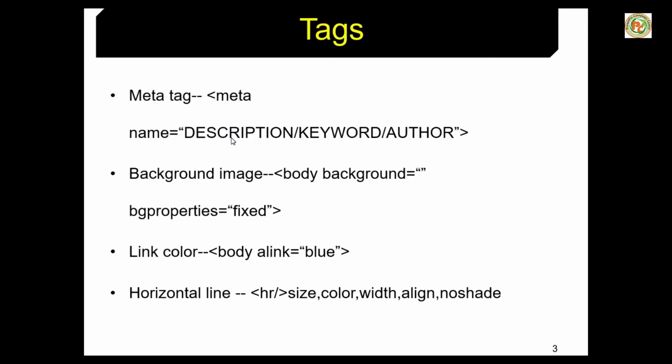Before we begin, we will again take an introduction about the meta tag. Inside the meta tag there are 3 different names: description, keywords and author. So we'll learn that. After that we will learn background images, how to set them. Till now we have learned how to set the background color inside the HTML web page, but today we will learn how to set a background image inside the web page.